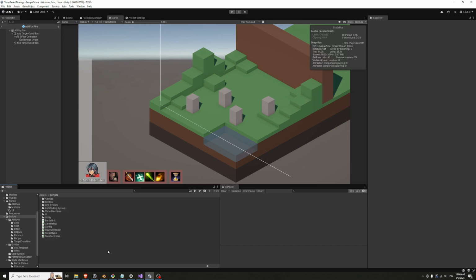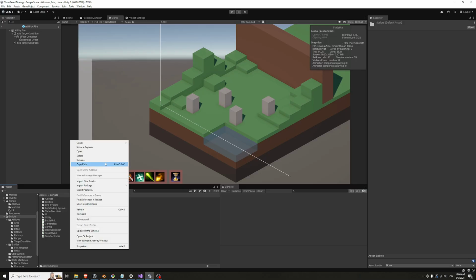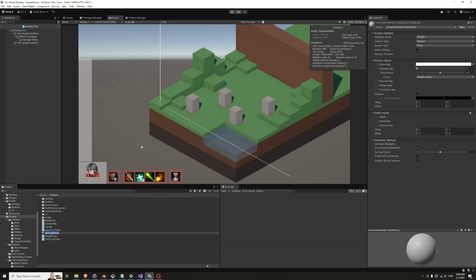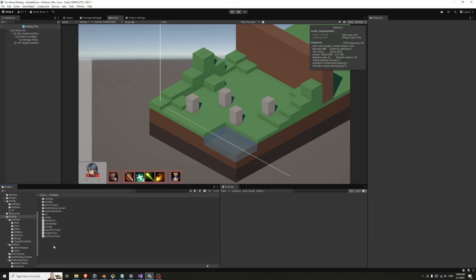Time to see how far I get with the action queue system. I'm just going to start by creating a new folder, not material. Action queue system. So just to preface this with what this actually is, what the purpose of this is,